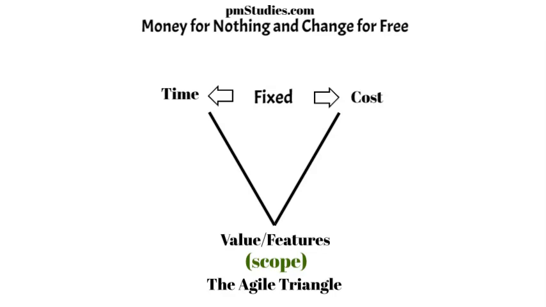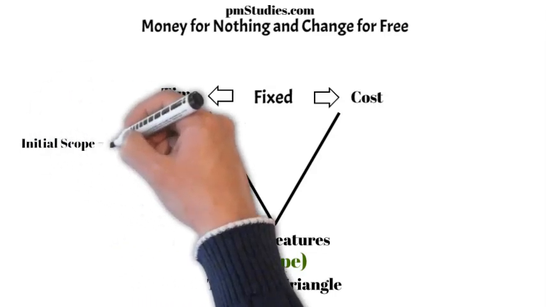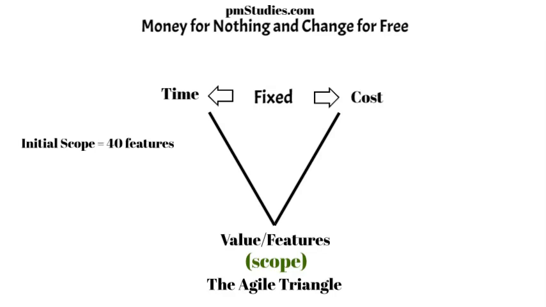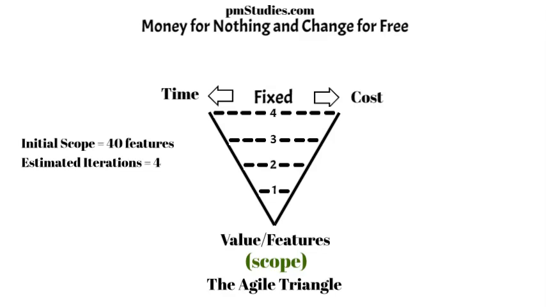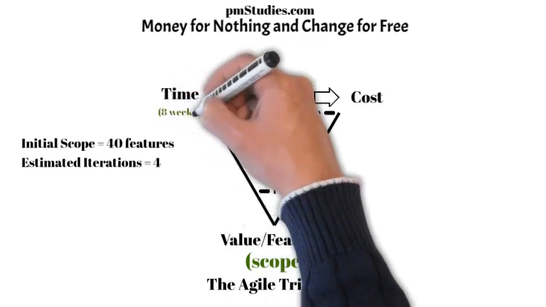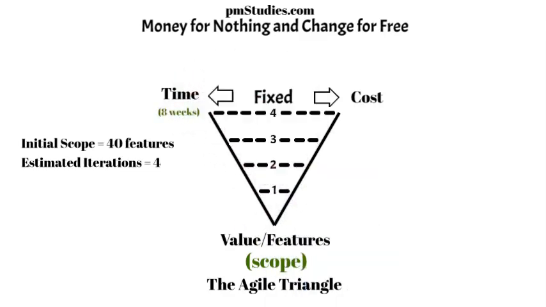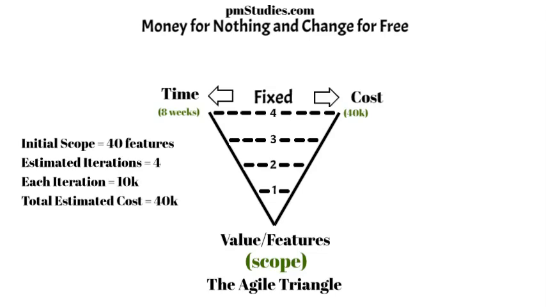A customer seeks to develop an application comprising 40 valuable features intended to establish market competitiveness. In joint estimation with the customer, the development is projected to require 4 iterations, each with a duration of 2 weeks, culminating in an overall project timeline of 8 weeks. The cost estimated for each iteration is $10,000. Therefore, the total cost will be $40,000.